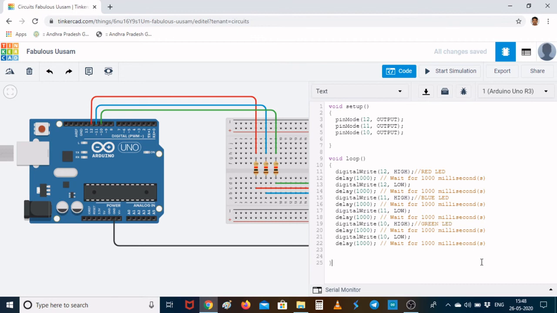Okay, so let us see from the beginning what is happening. I have initialized all three pins of the Arduino as outputs, that is 10, 11 and 12. I know which pin is connected to which LED, and in the loop I am writing a high value to a particular pin and a low value to a particular pin with a certain delay. So when I execute this program, what is expected is that the red LED blinks with a delay of 1 second, followed by the blue LED blinking with a delay of 1 second, and also the green LED blinking with a delay of 1 second. Let us see whether we are going to observe the same or not.